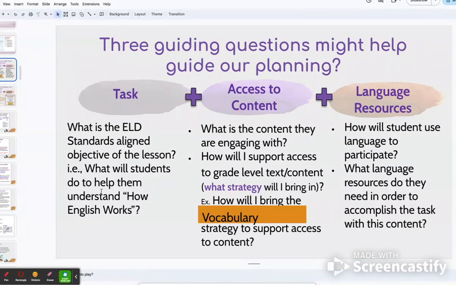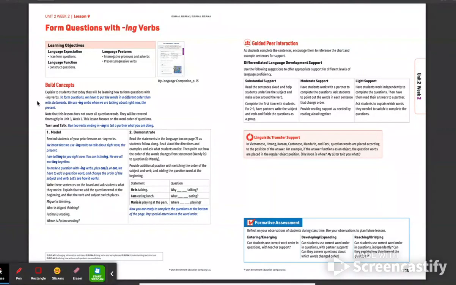So, this is what students will do to help them understand how English works. Now, I will continue to read through the lesson, keeping in mind the other components. How are they going to access the content? What strategy will I bring in to support that content? And what language resources might they need? I continue reading,